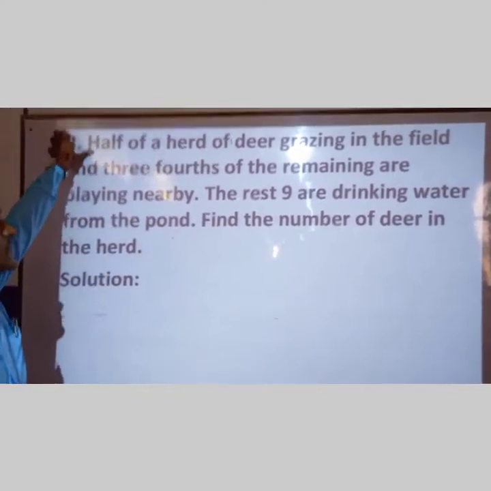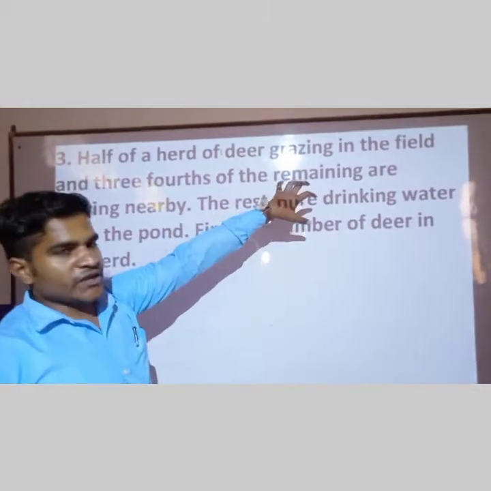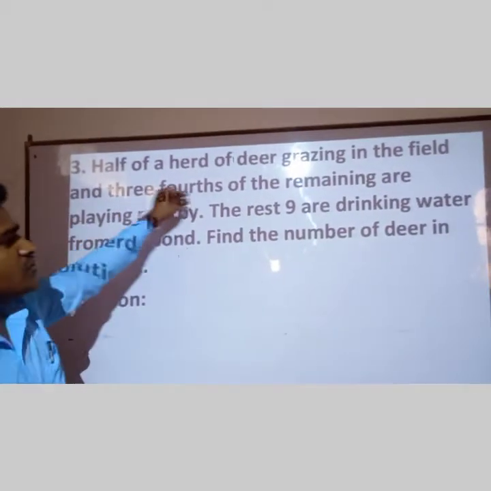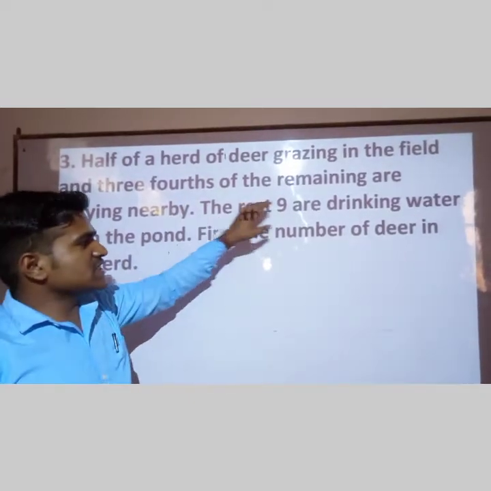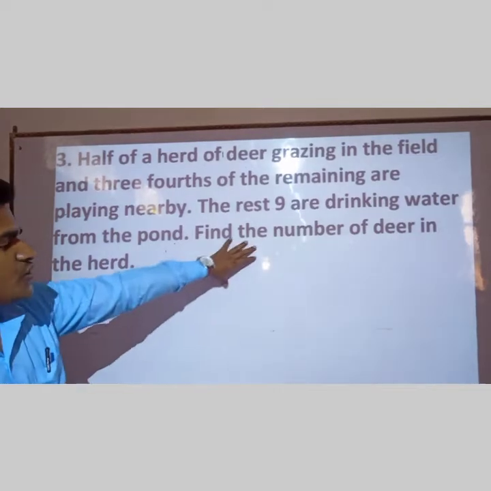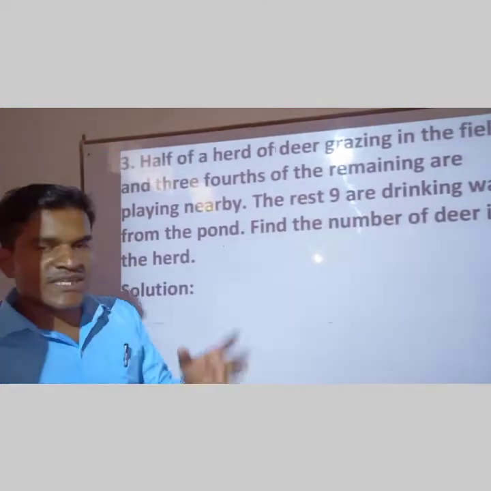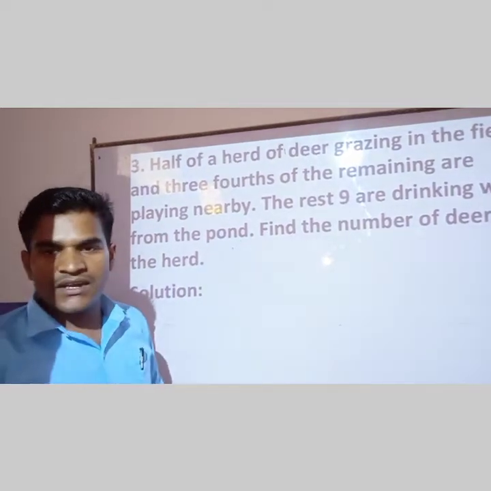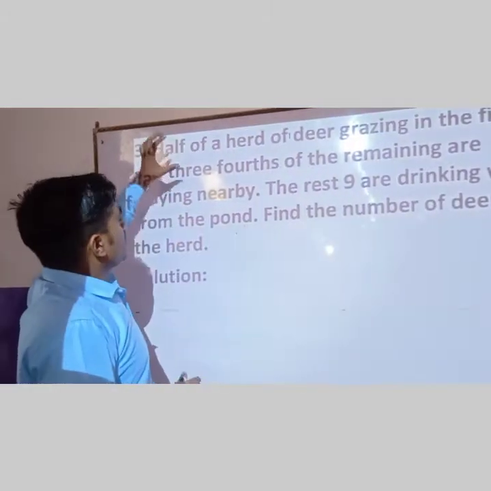Third question, students. Half of a herd of deer are grazing in the field and 3/4 of the remaining are playing nearby. The rest, 9, are drinking water from the pond. Find the number of deer in the herd. So first we will consider the number of deer in the herd as x, y, z, any variable we will consider. And half of that